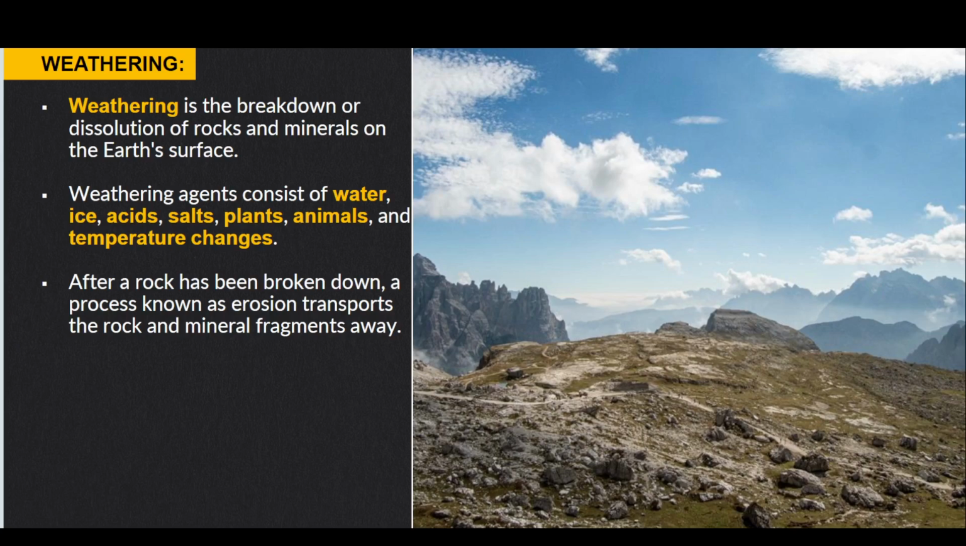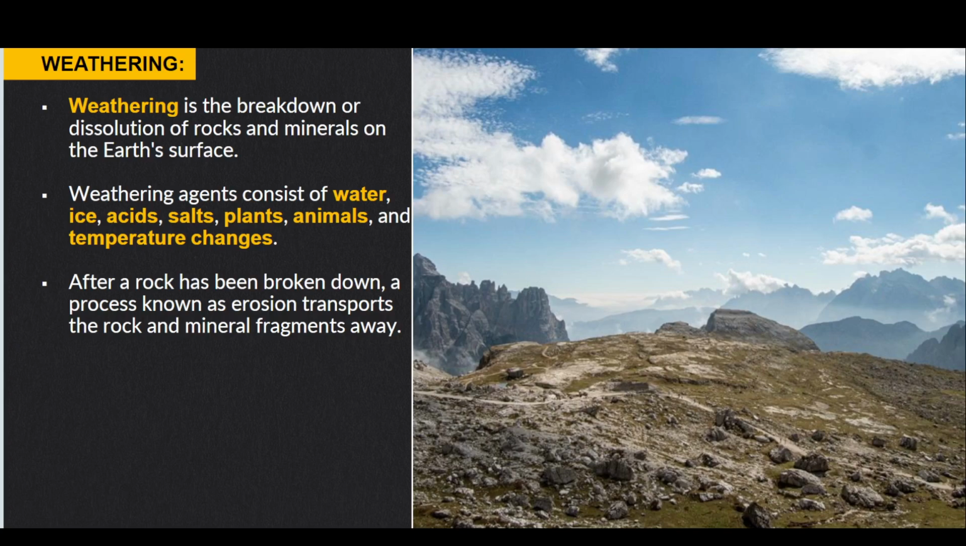Biological weathering is done because of living organisms. The other type of weathering is physical weathering, which involves mechanical force like wind or water. The third type of weathering is chemical weathering, which involves a reaction with acid or oxygen, like